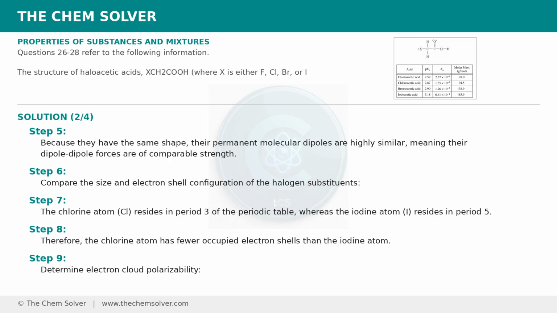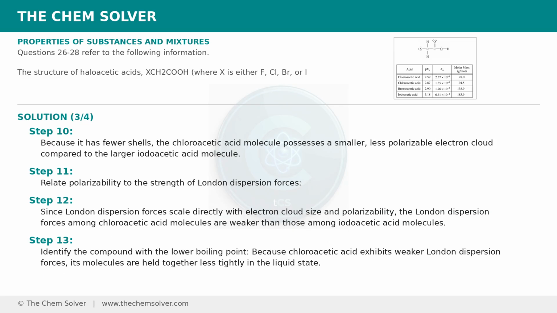The chlorine atom, Cl, resides in period 3 of the periodic table, whereas the iodine atom, I, resides in period 5. Therefore, the chlorine atom has fewer occupied electron shells than the iodine atom. Determine electron cloud polarizability. Because it has fewer shells, the chloroacetic acid molecule possesses a smaller, less polarizable electron cloud compared to the larger